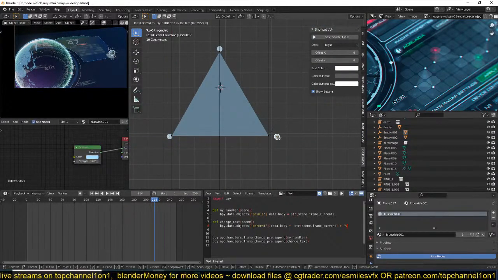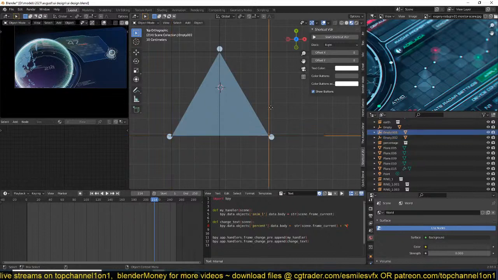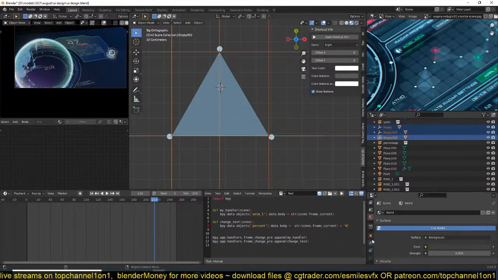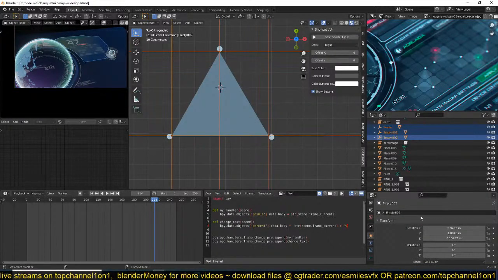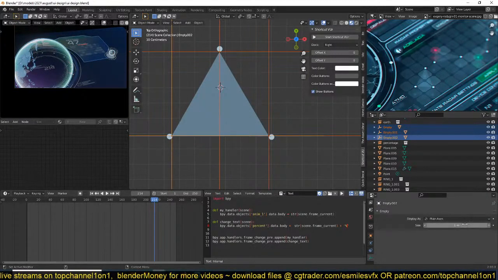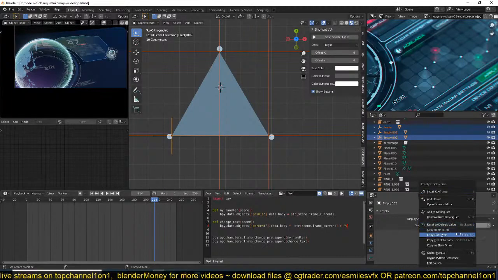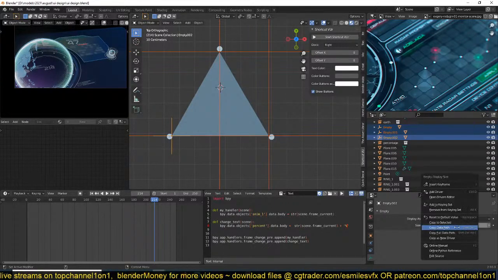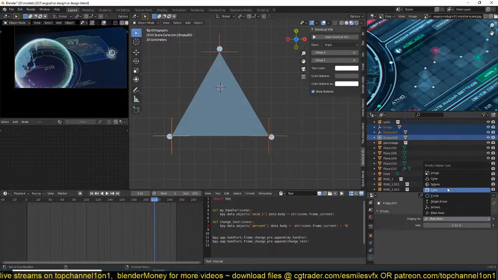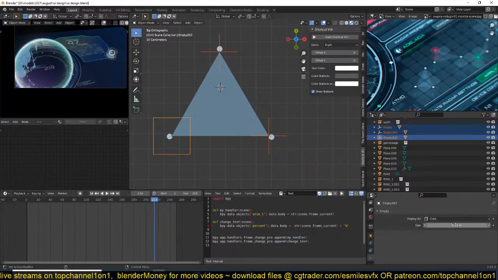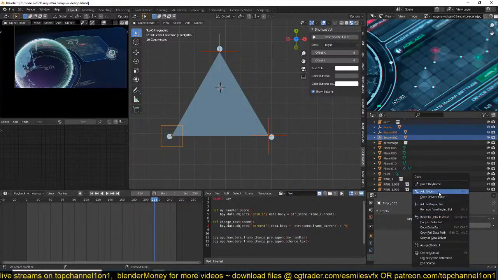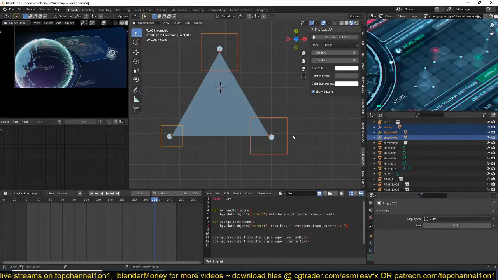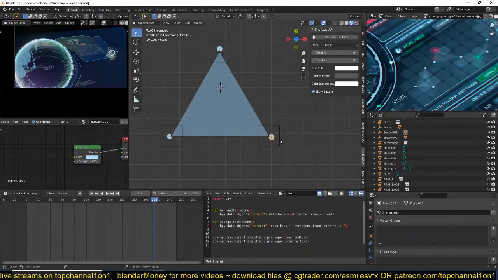And now if I move these, actually let me just first change the shape of these empties because they're confusing me right now. So if I go to the empty, I can scale them down a bit, copy to selected, and change them maybe to spheres or cubes like this, so that I can easily select them. So now when I select this,